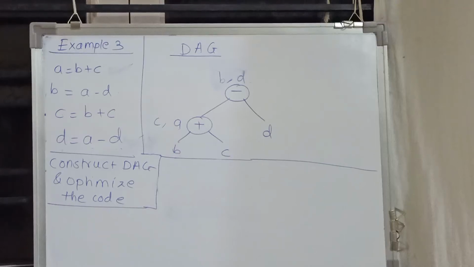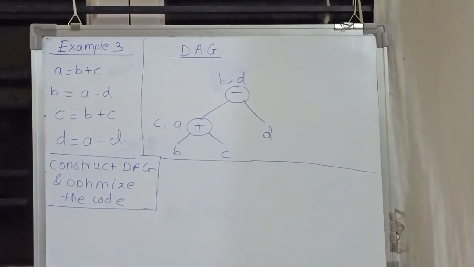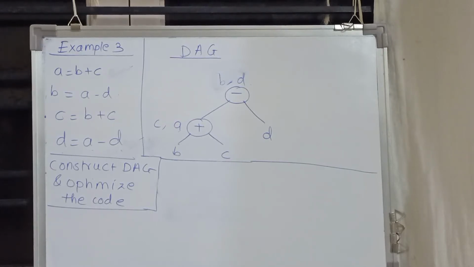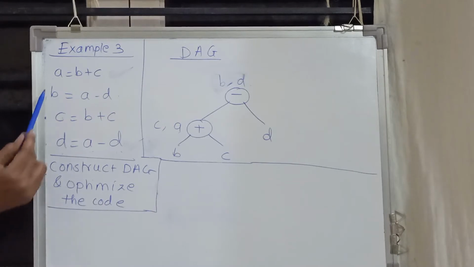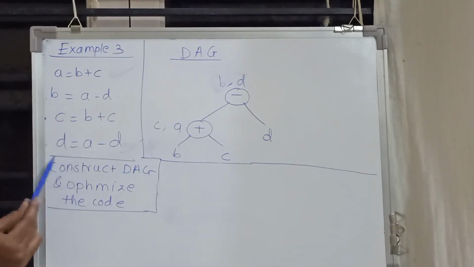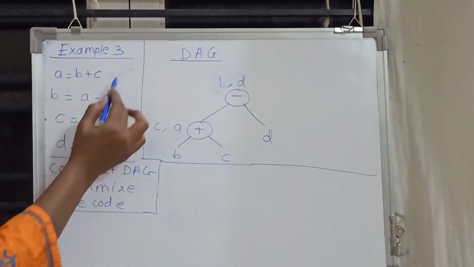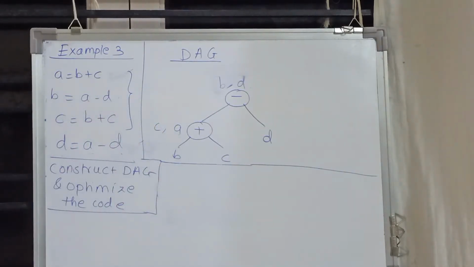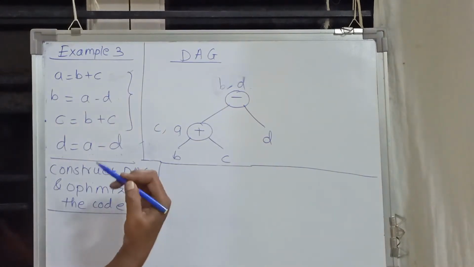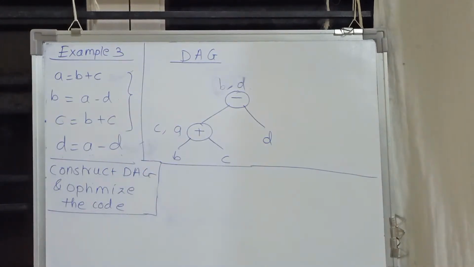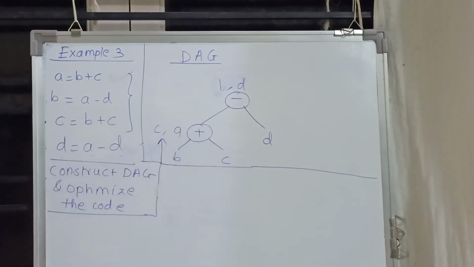Now in the last lecture I told you the same example we can basically optimize in the other way also. Okay, so same example here I have taken. So we have these 4 instructions in one block and already we have drawn the DAG. Now see, we want to optimize this particular code. While optimizing the code, first of all I have to traverse the DAG from the bottom to top. So I am starting traversing here.